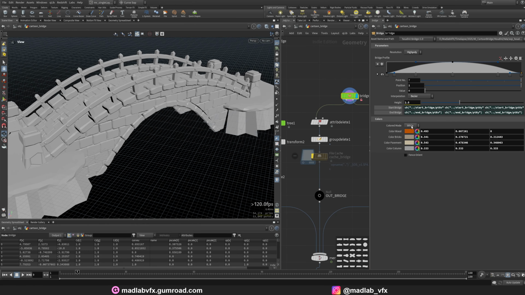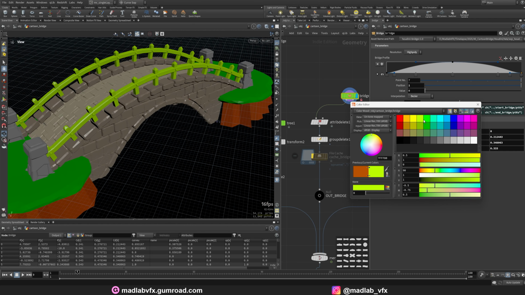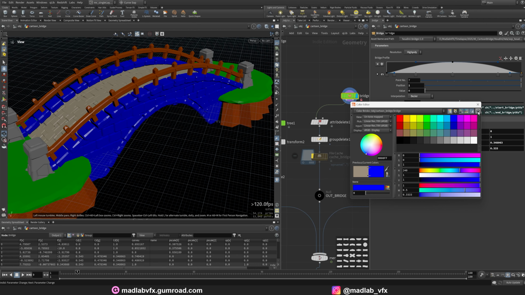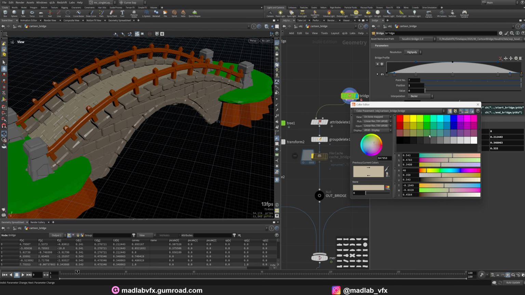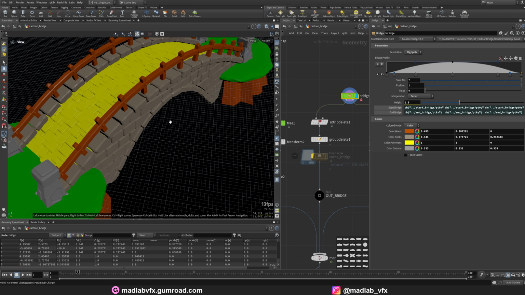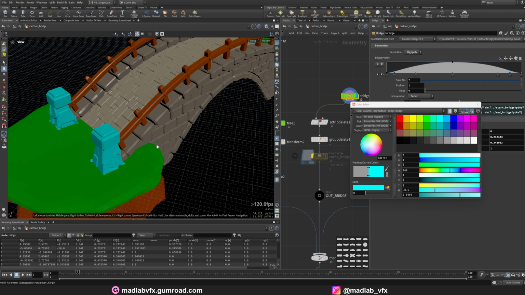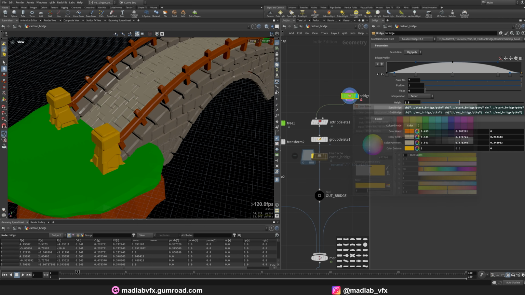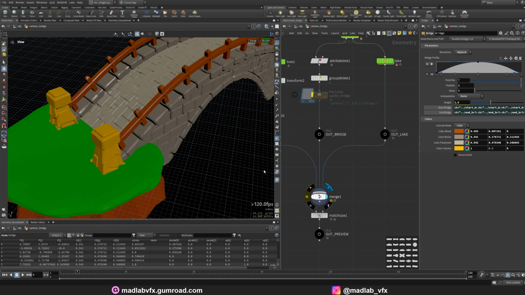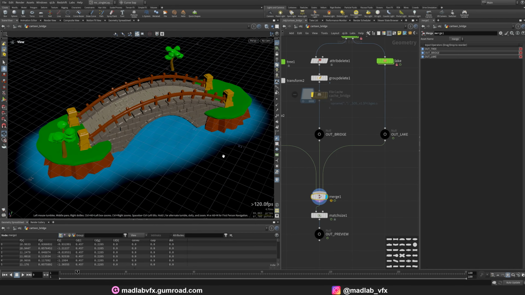We have the colors, color the wood, color the bricks, color the pavement, and color the column. Now we merge all together to see the result. But the result here,